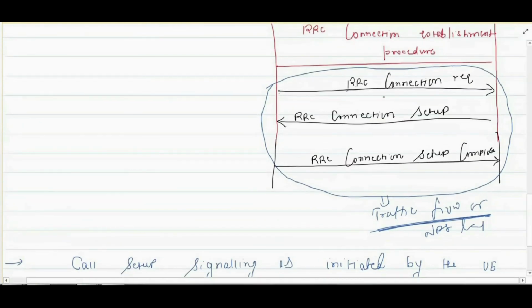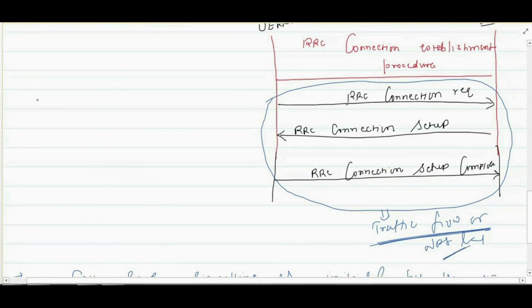Now when your UE needs RRC connection establishment, as I said, suppose your mobile is in idle mode and you are receiving a paging message. In response to paging, the mobile in idle mode has to move to the connected mode to receive that call. So in response to the paging message, this procedure will start. Or, as I said, a NAS layer message. If the NAS layer has to send any message, you know very well, your mobile NAS